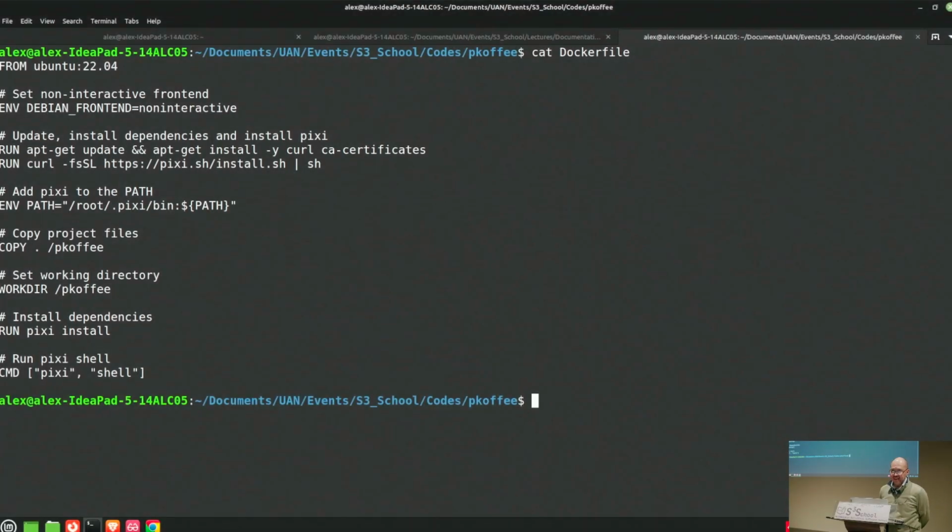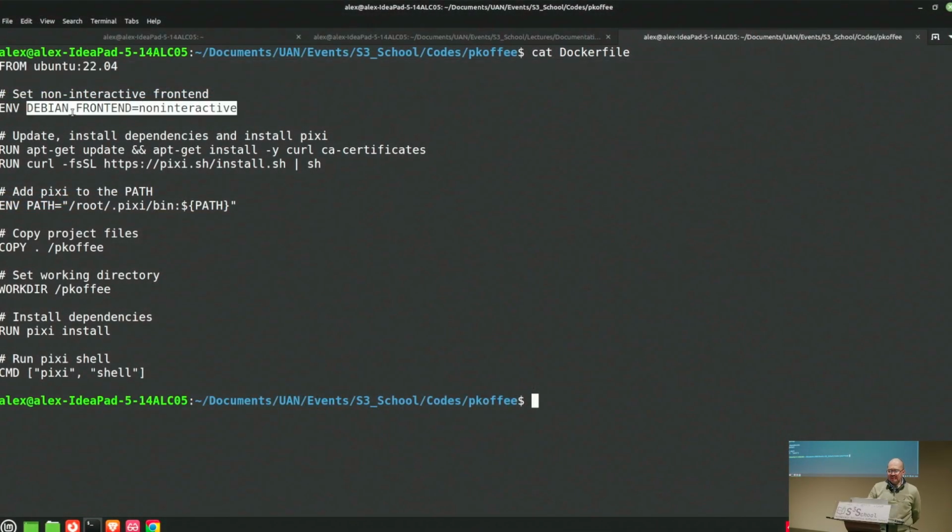Thanks, Thomas. And before we talk about documentation, just let me briefly show you, since some people have been asking me about the Dockerfile. But Thomas sent you a much simpler version than mine. I thought mine was simple, but that one is much simpler than mine. But this one,